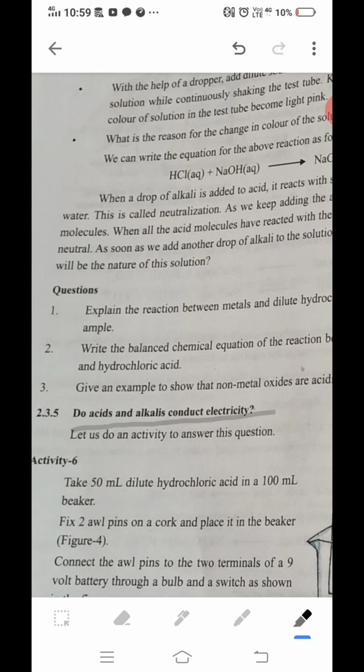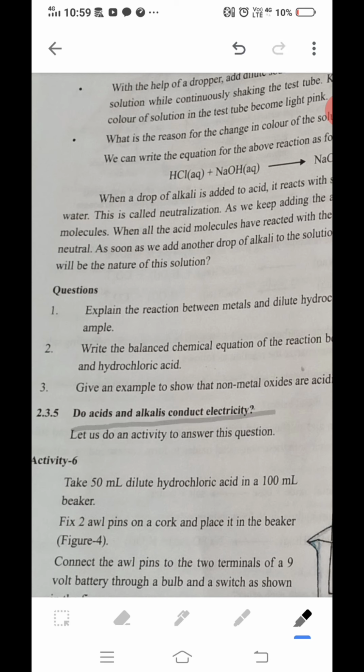Now what are these charged particles, how are they formed, and which type of substances produce these charged particles? So here you can see the charged particles like electrons and ions. Electrons are the charged particles which are given by metals. So in metals, these electrons, which are negatively charged particles outside the nucleus, are loosely attracted. So these electrons on getting a slight amount of energy come out of that attraction zone and come into movement, and their movement makes the metal a conductor of electricity.